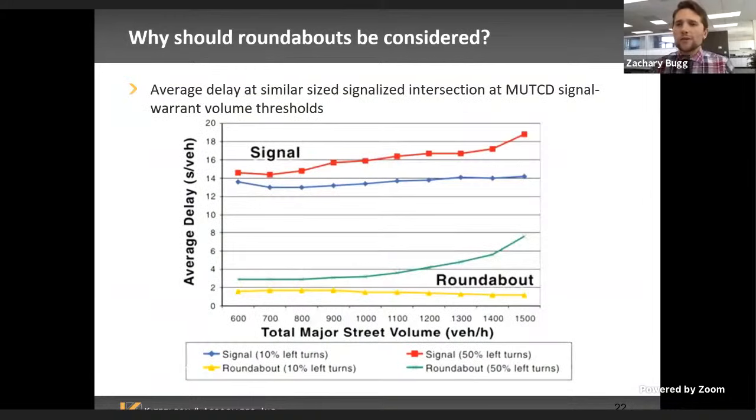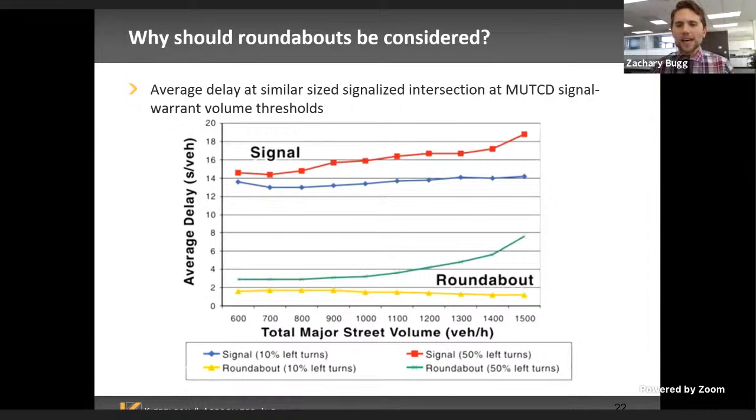So we've talked about safety, we talked about crash data. Now we want to talk about operations and delay and travel time. So when is that sweet spot for looking at a roundabout over a signal? I think it's pretty intuitive that at very, very high volume intersections, you don't see a whole lot of roundabouts. Once you get a humongous amount of volume, 50, 60,000 ADT at an intersection, vehicles per day, a signal ends up being a little bit better at prioritizing movements.